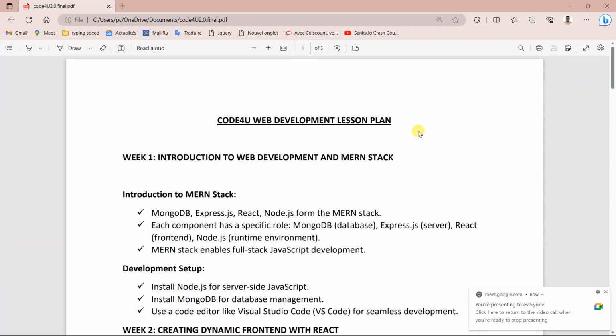So this is what we'll be covering, okay? Here we'll be going through the introduction to web dev and the MERN stack. Do you guys know what the MERN stack is? It stands for Mongo, Express. Mongo here is used as a database system, okay? Because our mission is to make everyone here a full stack developer at the end of this lesson. You will be learning MongoDB as a database, Express as a Node.js framework, then R here stands for